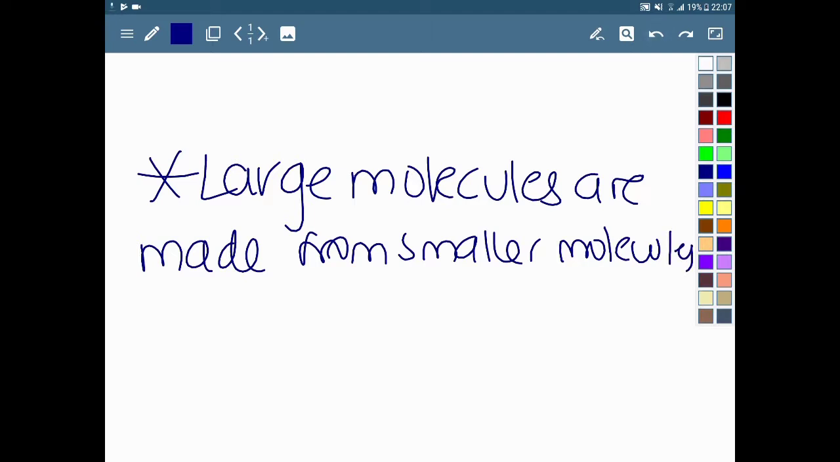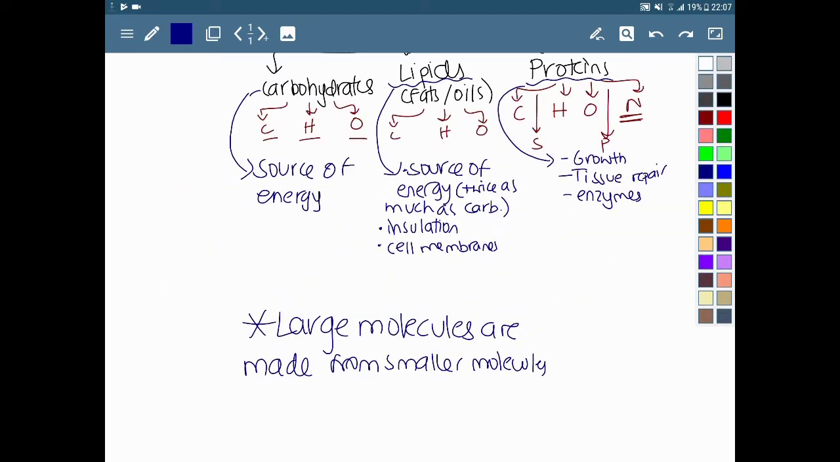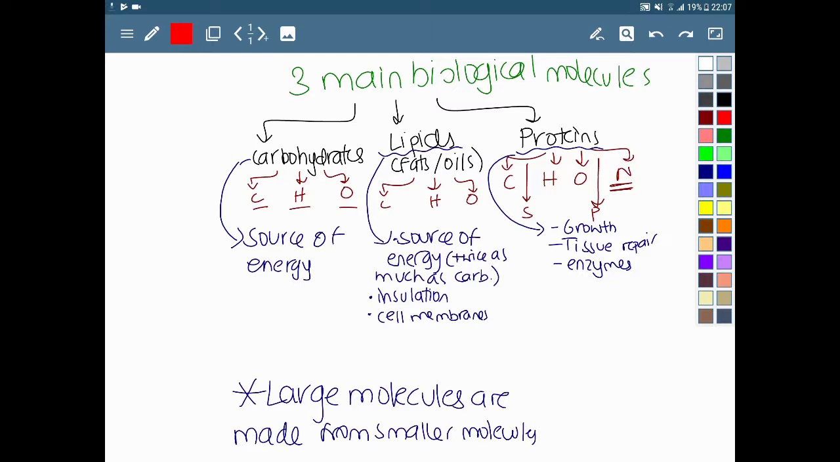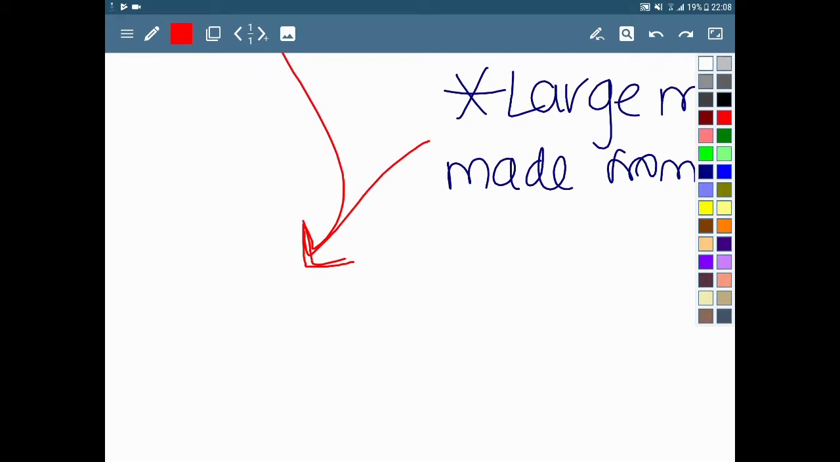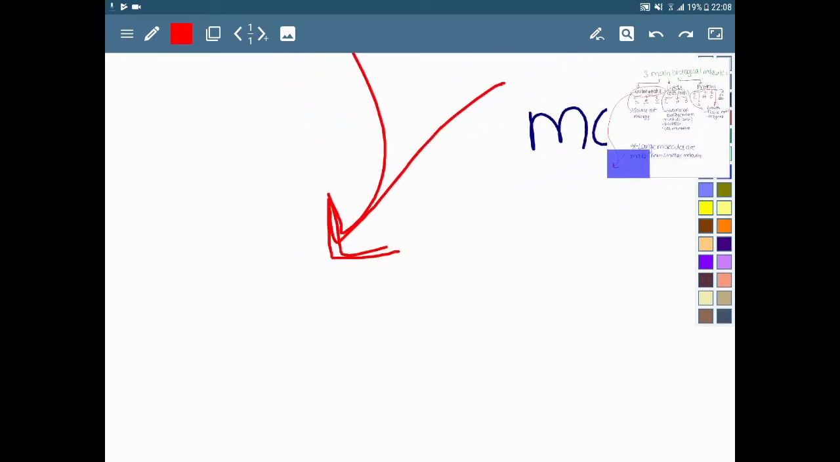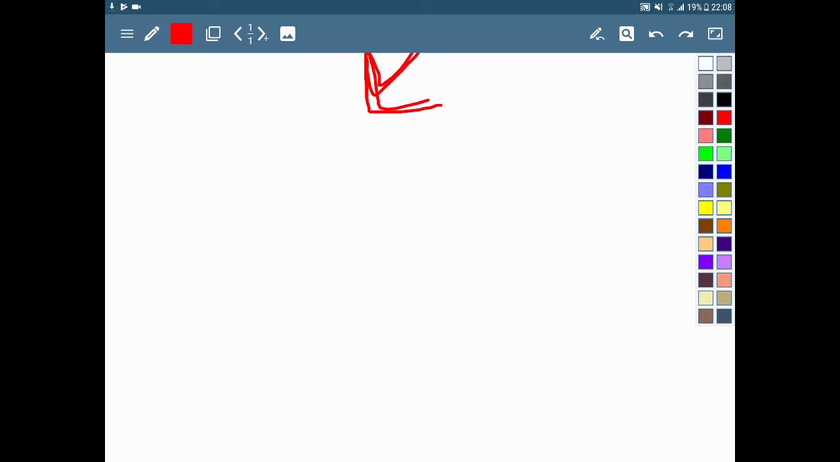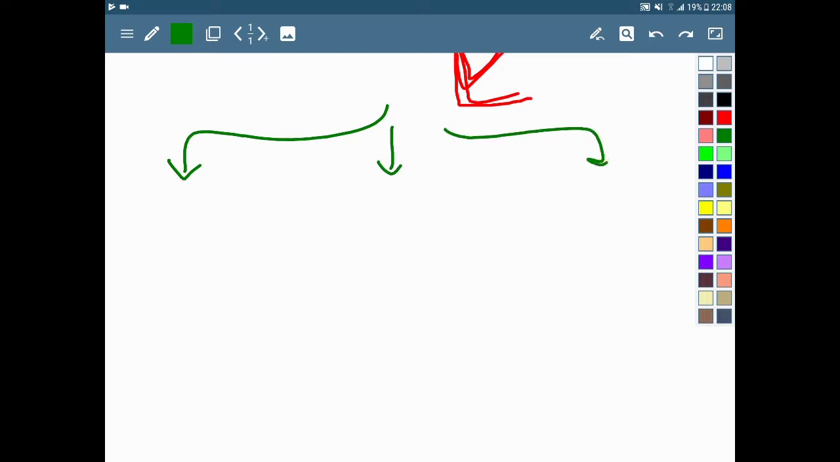Okay, so that just means that, for proteins, many amino acids make a protein. So first we're going to go in order. So I'm going to first talk about carbohydrates. So for carbohydrates, there are three types. What made me understand this topic was this. So I'm going to make 3 arrows. One is